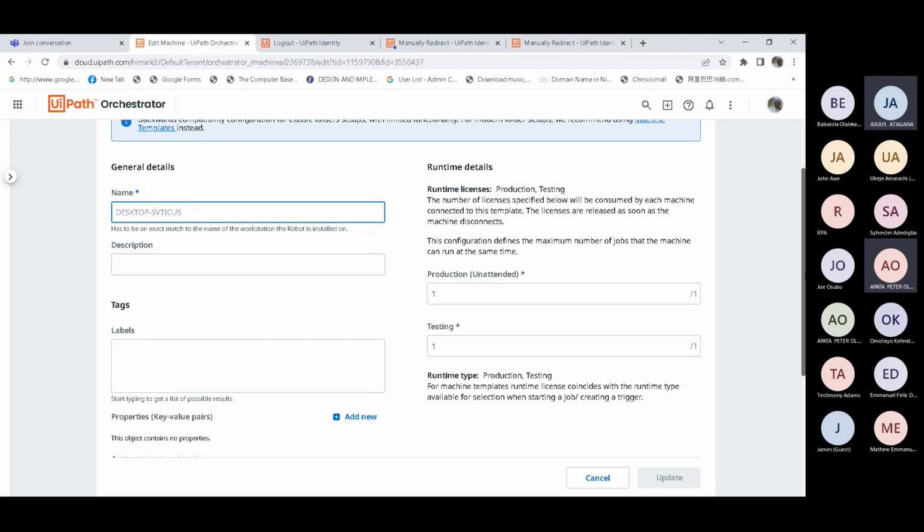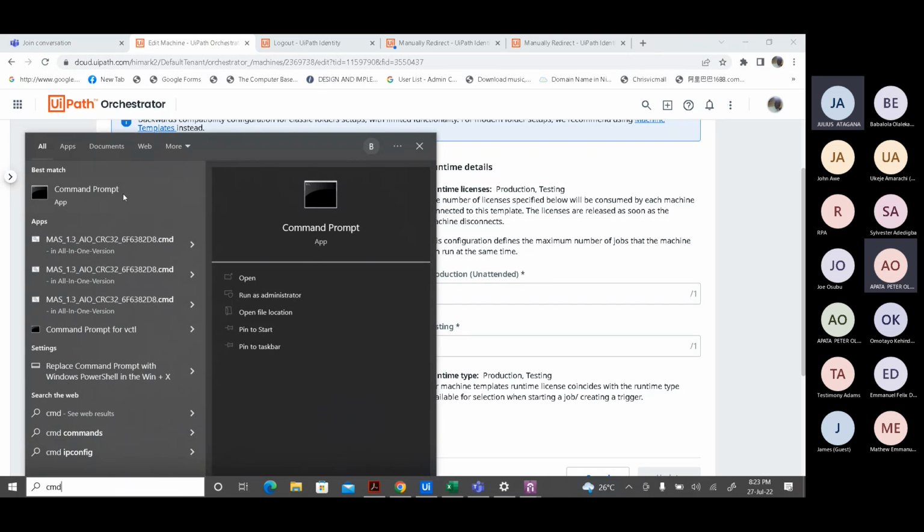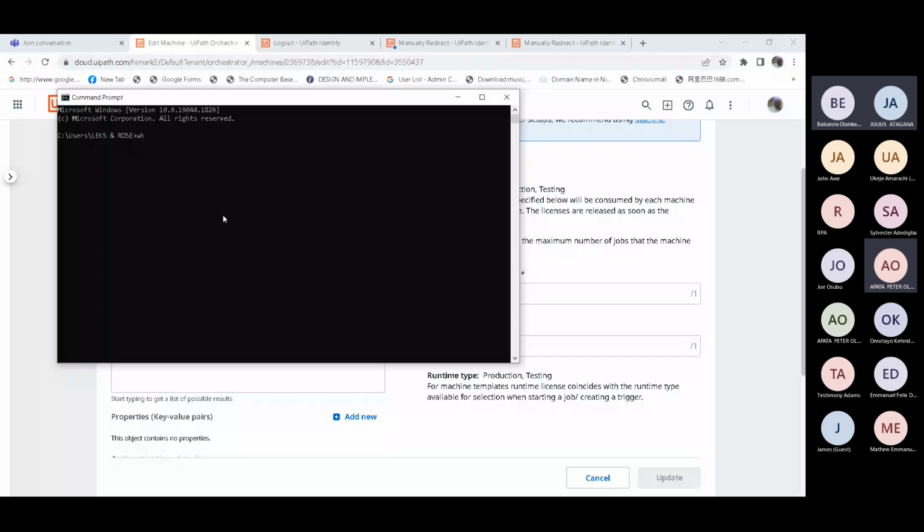Here you just put your name. Can we change this to your domain name? Open command prompt and type who am I. Open your command prompt, the upper one.